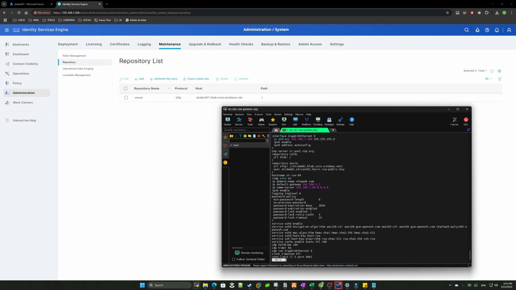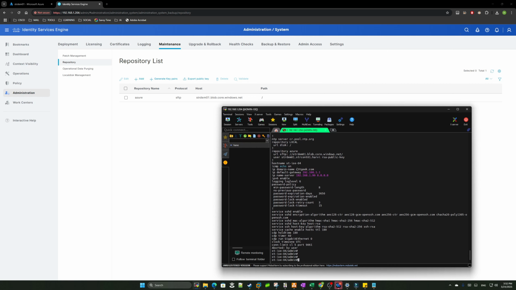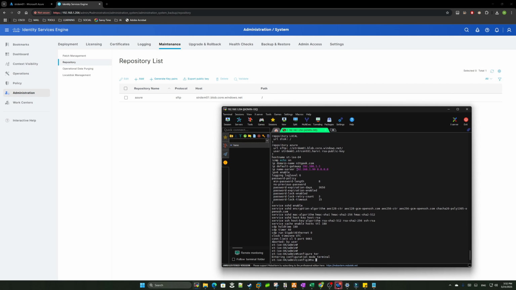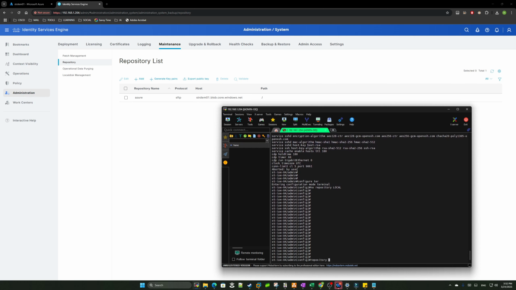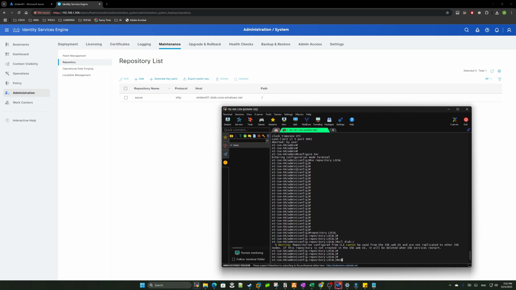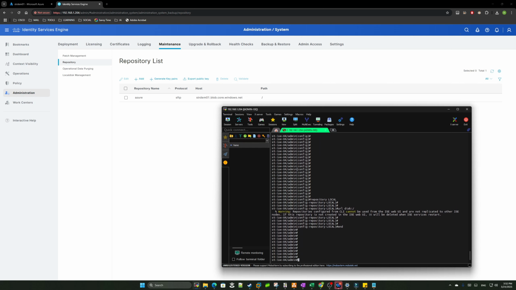My recommendation is to use a local repository like this one, pointing to ISE itself. If you don't know how, let me delete this one so I can show you. We'll create a new local one, and it will point to ISE itself. Now we can use the command to export the actual key to our local